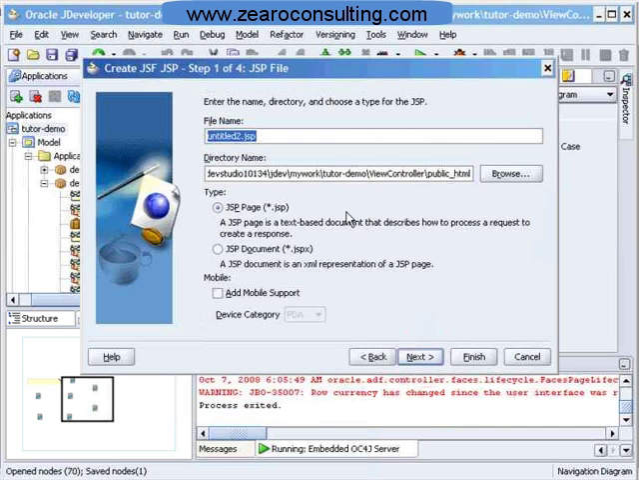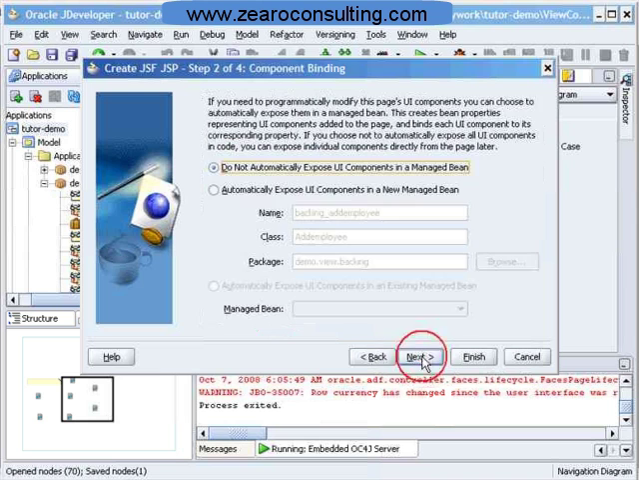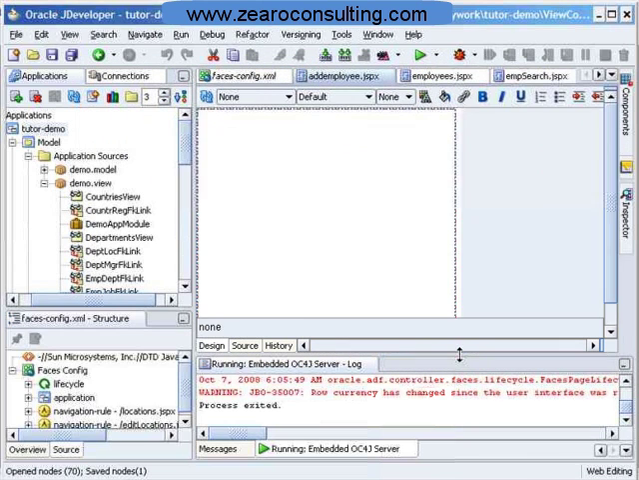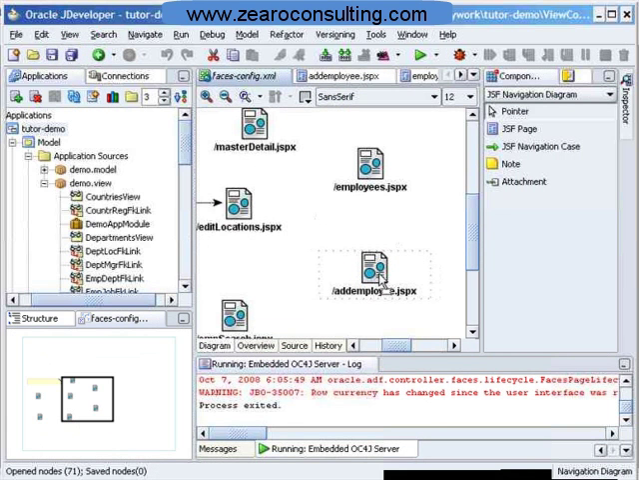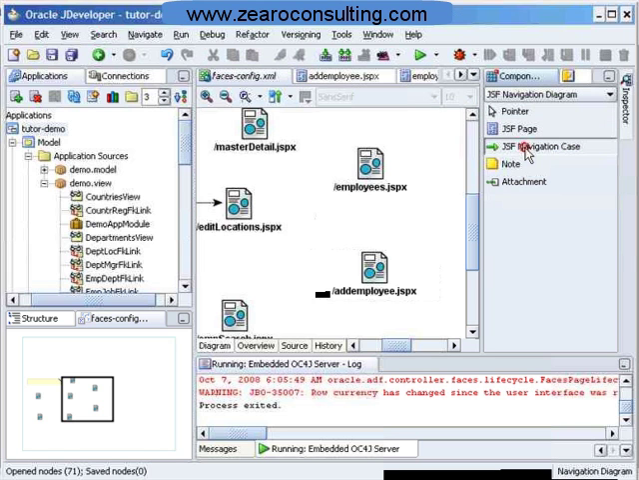Just create this page also. We'll say it as addEmployee.jspx. Finish. So here in this case, we'll have to navigate from employee.jspx to addEmployee.jspx. First of all, we'll take a JSF navigation from the palette and put it onto the